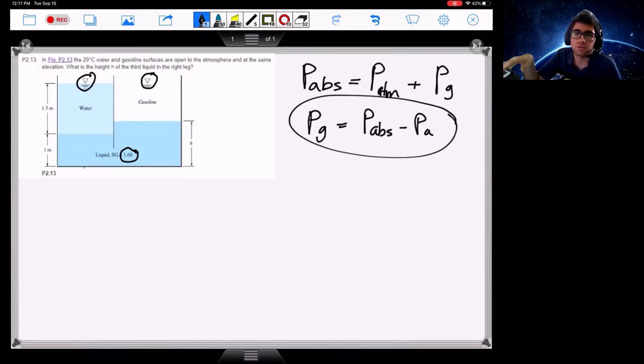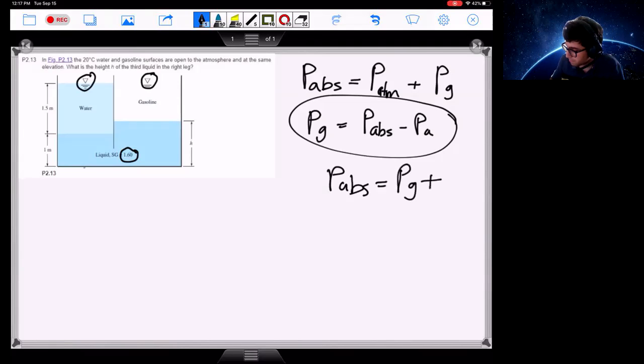But what about absolute pressure at sea level? You guys know? What's the absolute pressure? If you want to solve for P absolute, it's going to be PA plus P gauge. So the gauge pressure at sea level is 0, right? Yes, this one is 0. And what is the atmospheric pressure? 101.3 kilopascals or 1 atm,